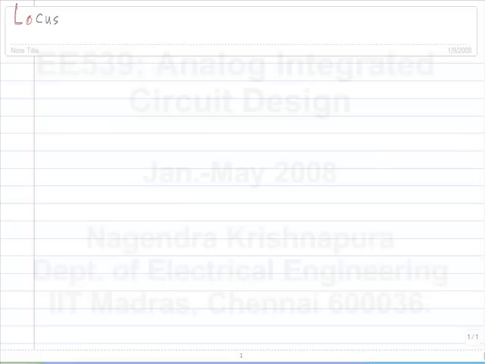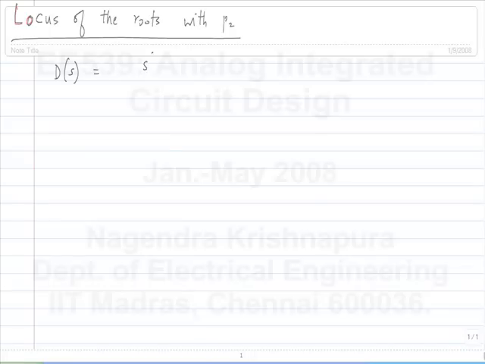So, we are talking here about the locus of the roots with P2. The denominator was this, or perhaps it's easier to arrange it as so. From this,